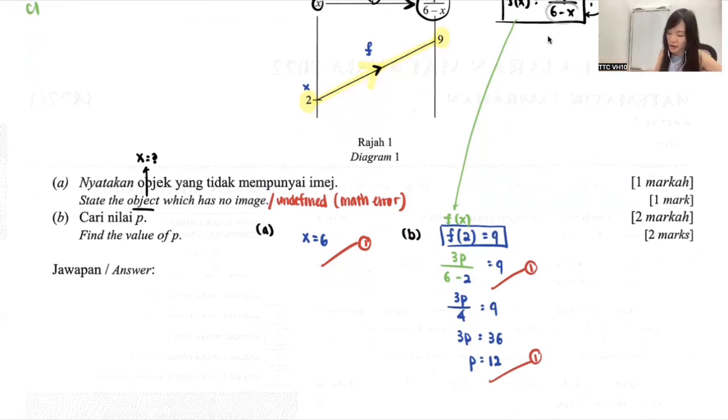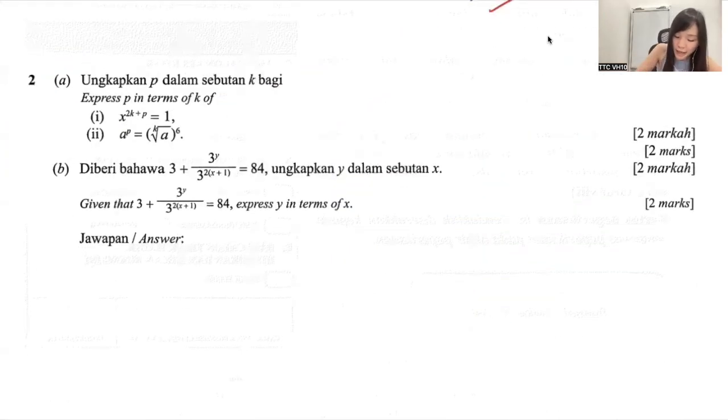Move on. Next one. So next one, question 2, they say A, express p in terms of k, blah, blah, blah. Can you see a power? A power, that means this question is under Form 4, Chapter 4, Indices, Surd, and Logarithm. And power is normally under indices. So guys, for the A, I do here, yeah? They say express p in terms of k. Express p, that means finding p in terms of k,